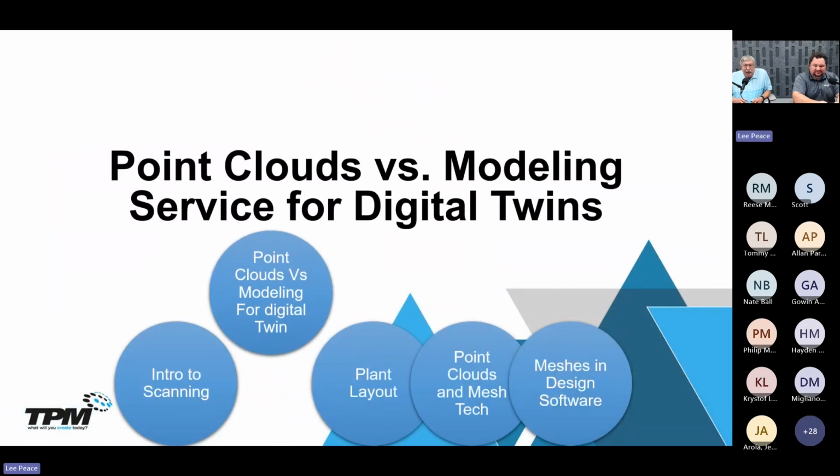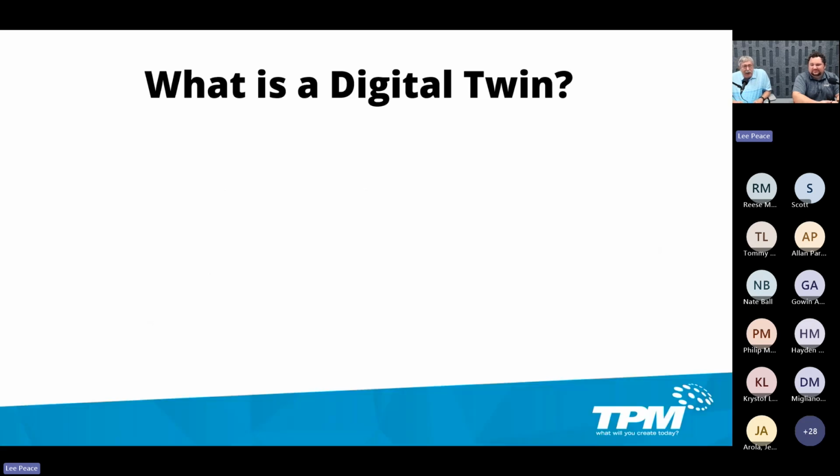Now, next up, we're going to discuss digital twins. It's an acronym that people are throwing around, has a lot of different definitions to a lot of different people. So we're going to talk about point clouds and modeling to have that digital twin. Now, if you ask 10 people right now what a digital twin is, you'll probably get 10 different answers. So I'm going to give you kind of a generic definition, but I think it's a pretty good definition of